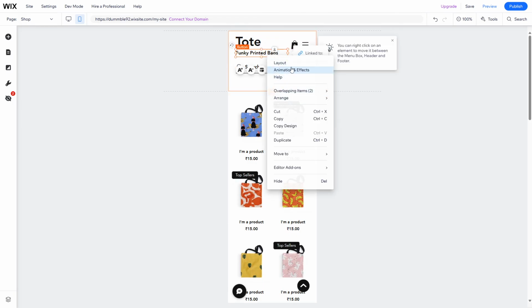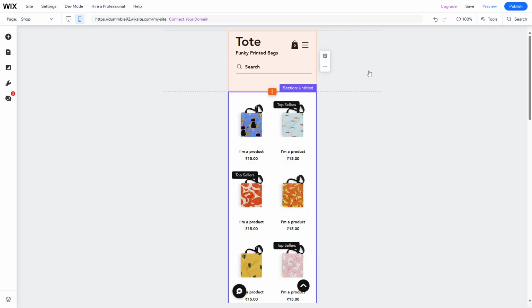And that's it. You've successfully pinned an element to the screen on the mobile view on Wix. This tutorial has armed you with a handy design technique to enhance the user experience on your website. Practice these steps and keep improving your